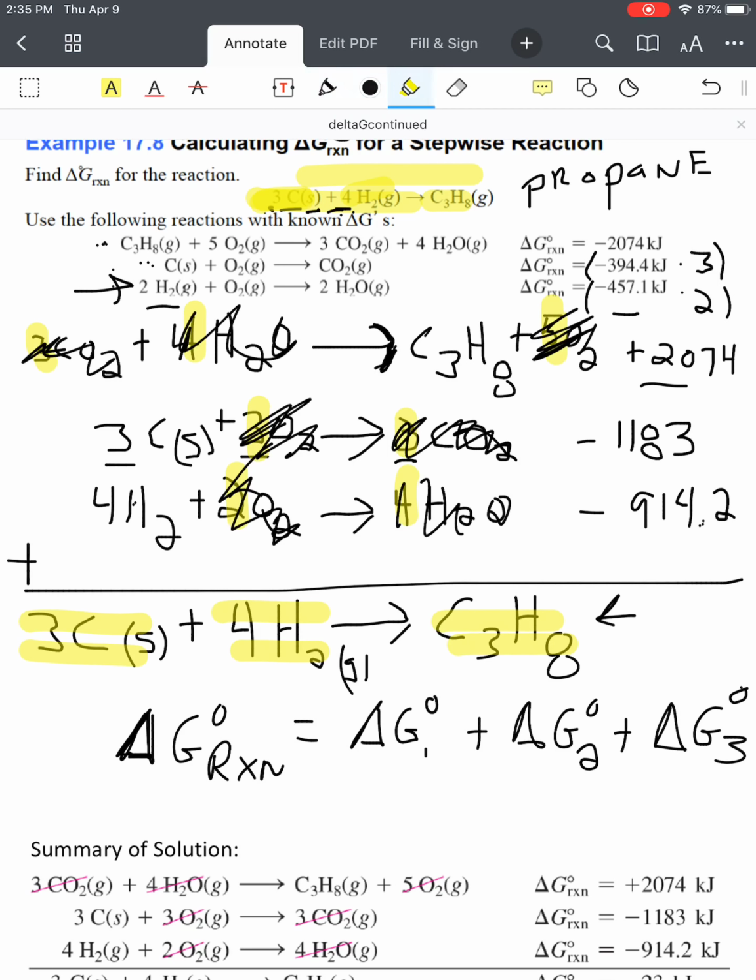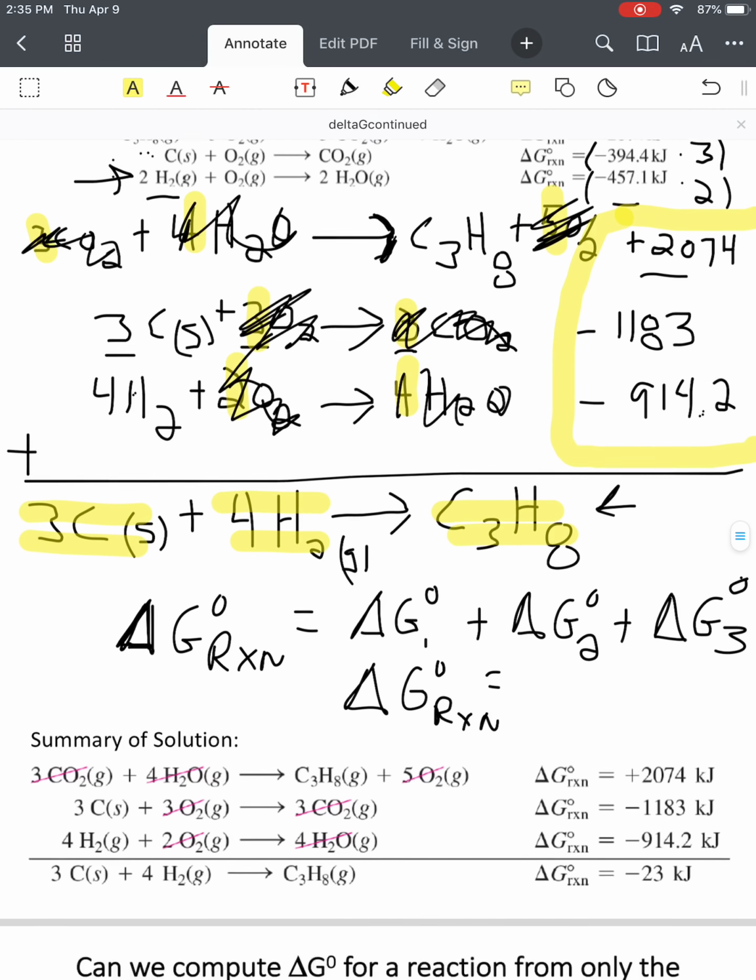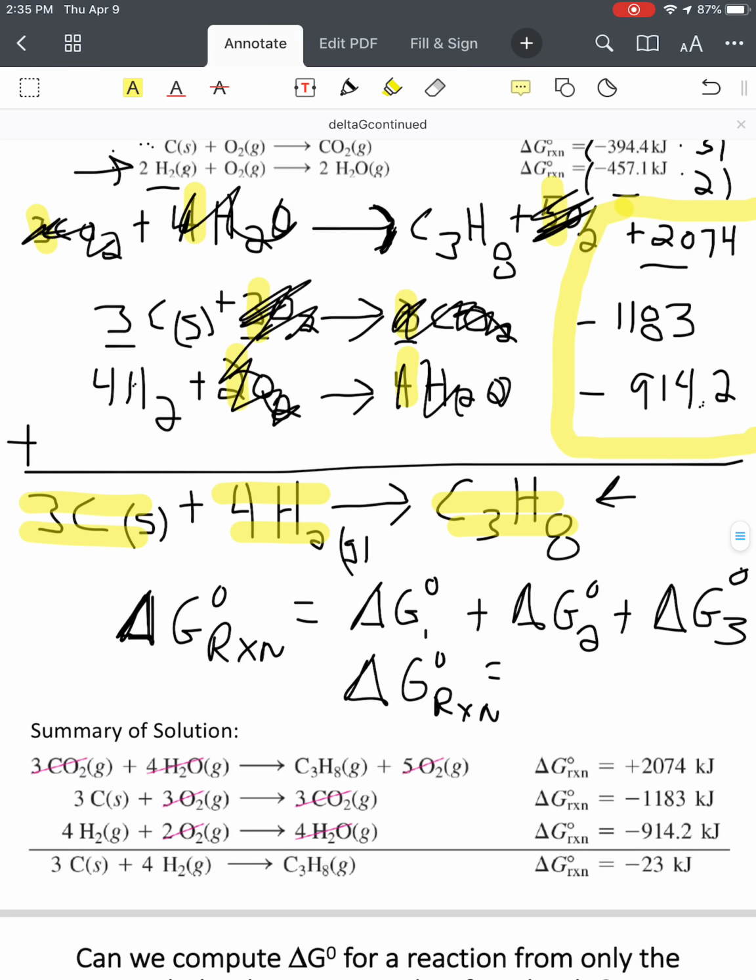So here, all I need to do is add together these 3 values for the individual reactions that are summed together to make my desired reaction. And that's my answer. It's that simple. And this works again because delta G is a state function. Doesn't matter how you get from point A to point B, as long as you get there, you're set. So my answer here,